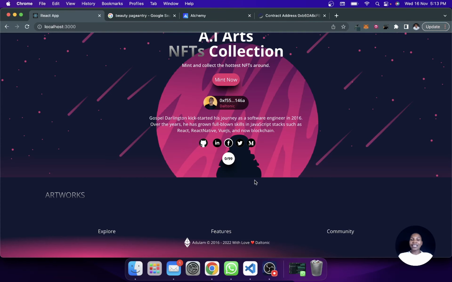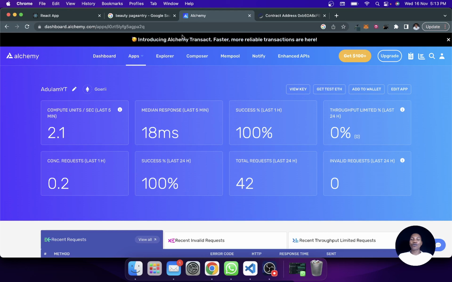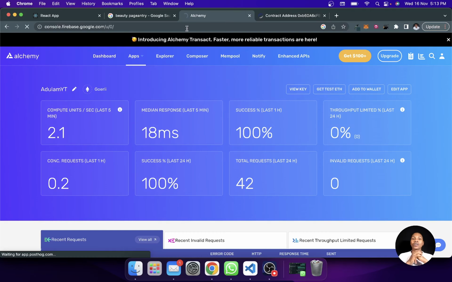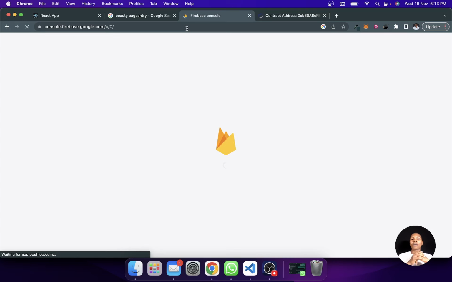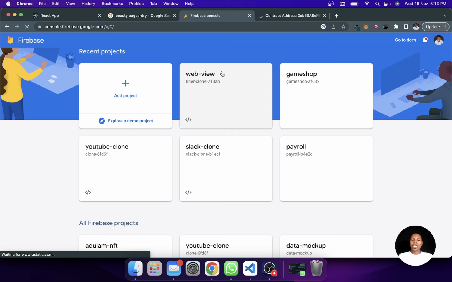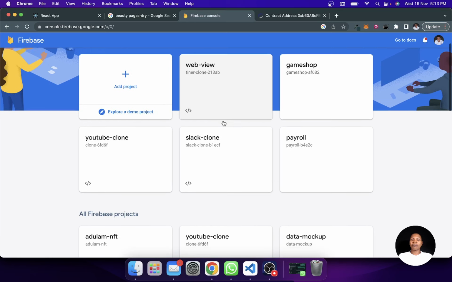Now the next thing that we need to do is to deploy the front end. For this example, we're still going to use Firebase, but if you have other providers that you can actually deploy your front end, then you can do it. Okay, to do that, I'm just going to go to console.firebase.google.com. This is my account, and I'm still going to use the same